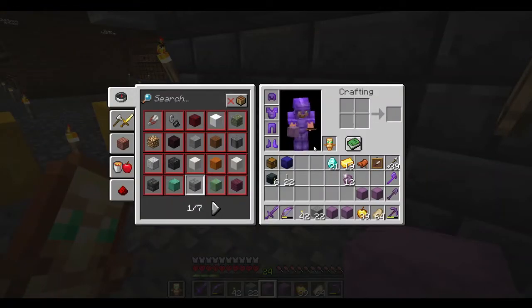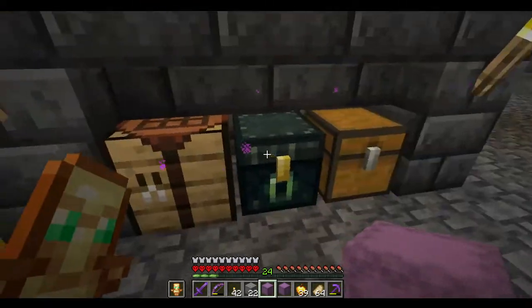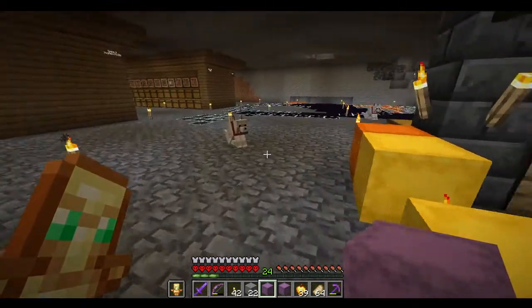We'll hang on to those. We've got an extra chest now. Great. I think that came out of the goodie box. We should maybe make a few more, although increasingly less important now that we have shulkers. Okay, let's go upstairs,